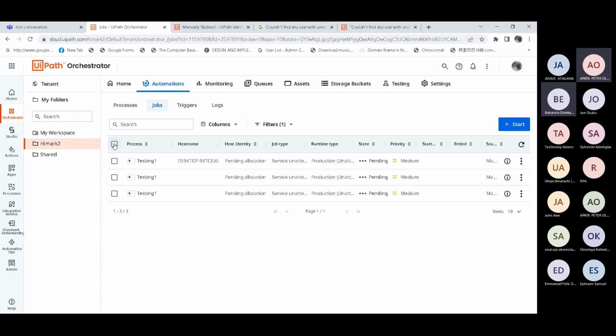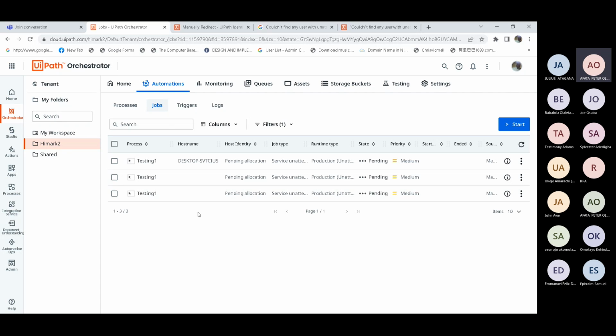Okay, so I think the first one ran now. Yes, it ran. Okay, good. So I think that was what enabled the unattended. I think Joe also raised this question. Please, Joe, check whether you also have this unattended disabled so that you can enable it on your own.